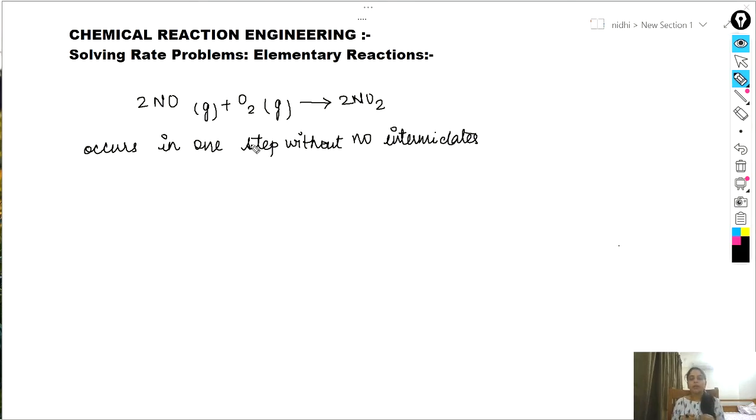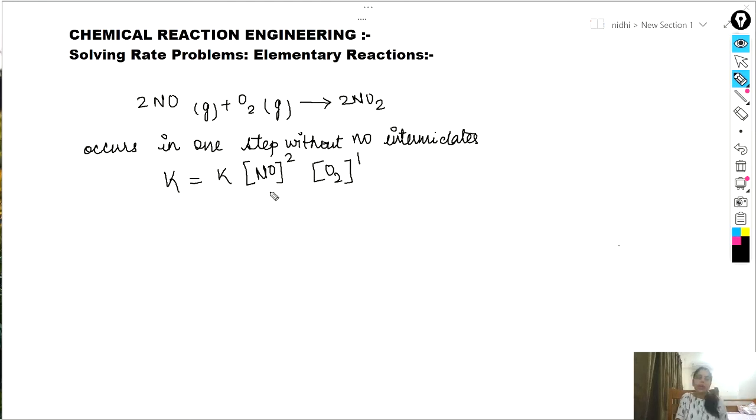The first one is that, remember, with rates in general, you can't use the stoichiometry as the exponent in the rate expression. Here the stoichiometric coefficient for NO is 2, for O2 it's 1, and for NO2 it's 2, right? So what is the rate expression? Just try to write it down for this equation. K, this is some rate constant, times NO, and here the stoichiometric coefficient is 2, so squared,